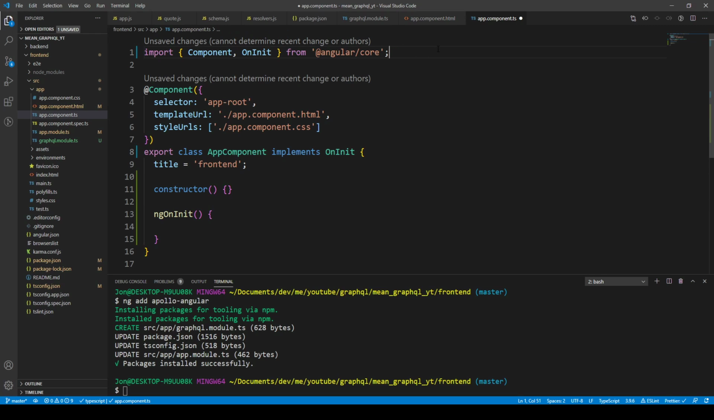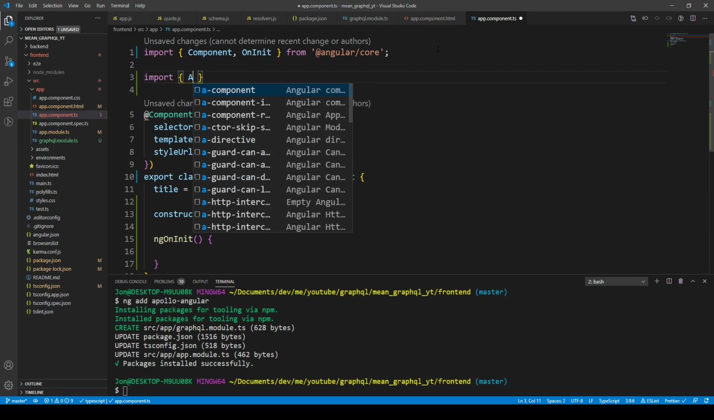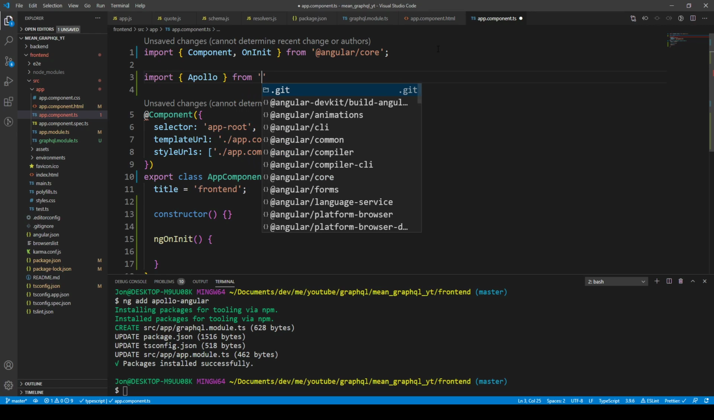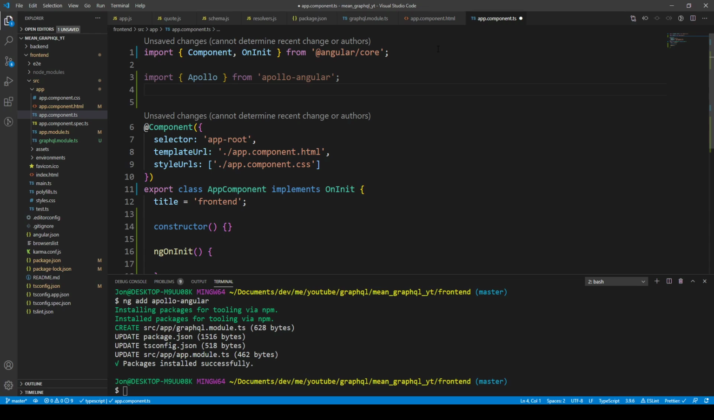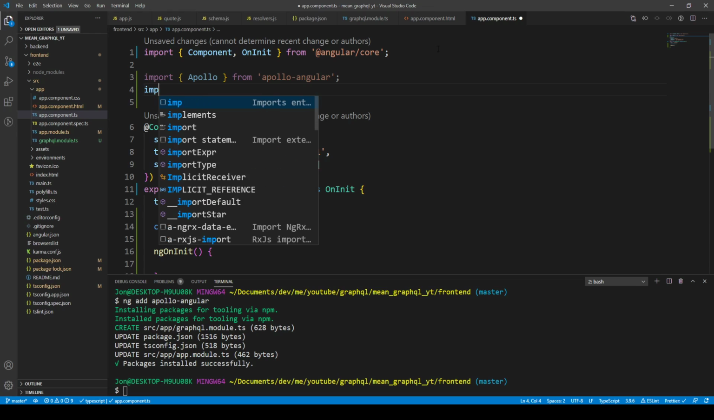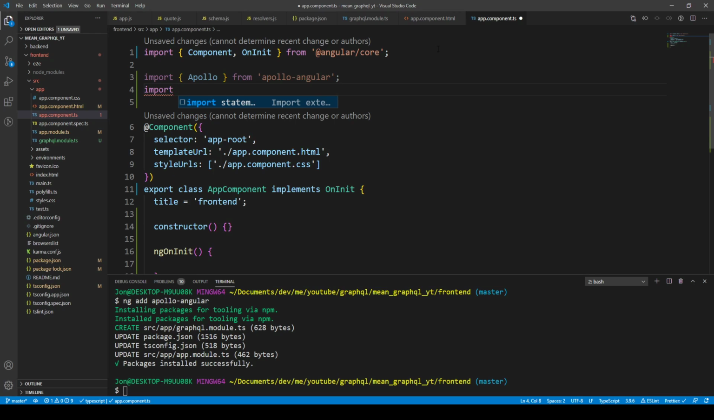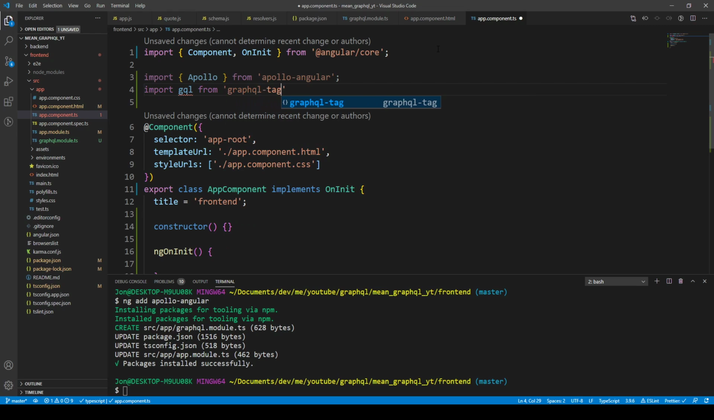Now what we can import here is from the Apollo Angular import that we've set up. We can get Apollo, and this is coming from the apollo-angular location, and we're also going to need something called a GraphQL tag, and this allows us to write our query. So we can just say gql from graphql-tag,